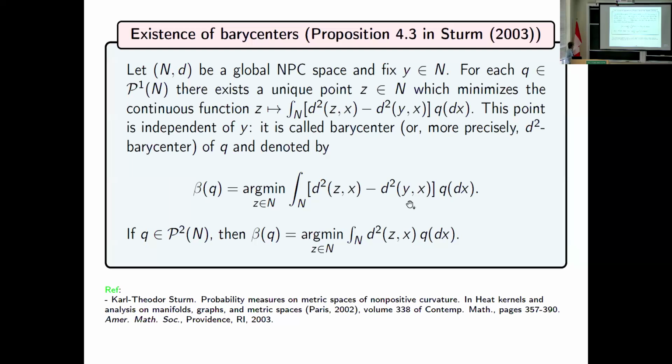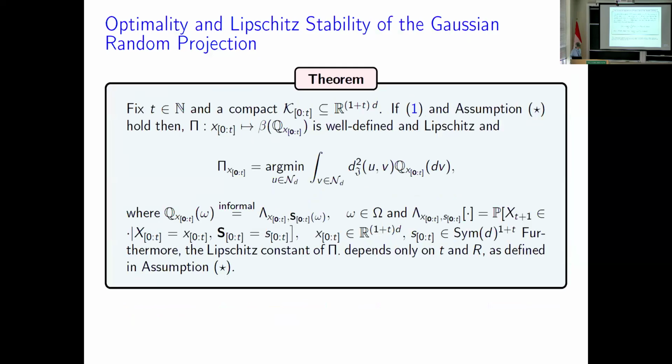So here you find the main reference that we use in the geometric part of the paper. This is the theorem that we derived based on this result by Sturm. Again, in the end we are going to provide an approximation, a universal approximation theorem. So what we need is to work on a compact set. It is for this reason that this compact set came out of the blue, okay? So we fix T, we fix a compact set.